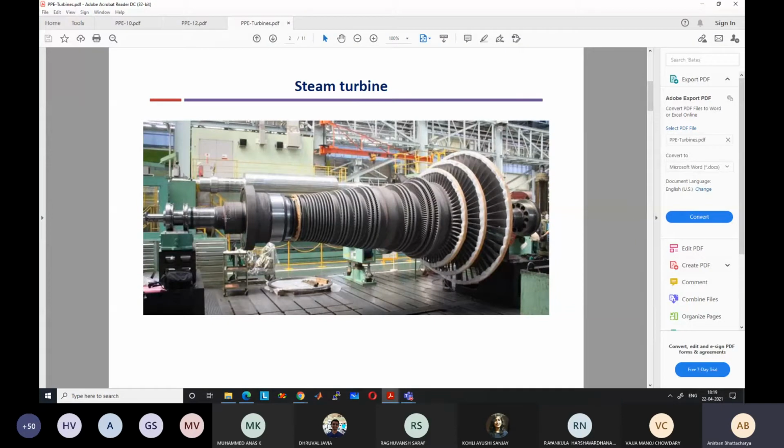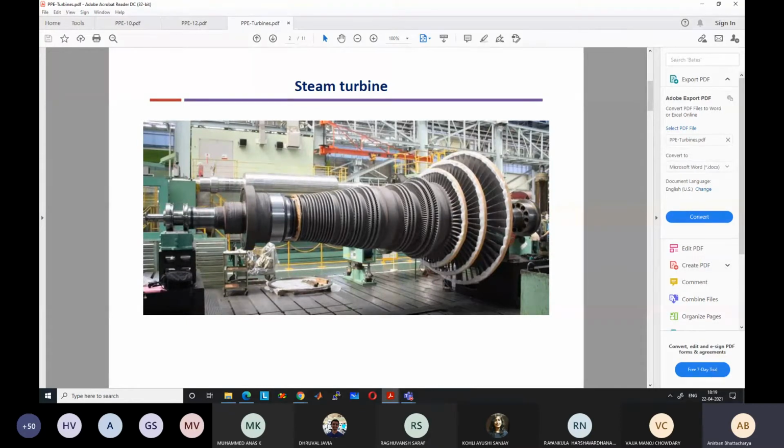So it creates a lot of load on the bearings. So it is better to have the axial thrust as low as possible. If it is 0, that is the best option. Obviously it cannot be 0, but it should be as low as possible, so that there is less load on the bearing. So that's why axial thrust is important.